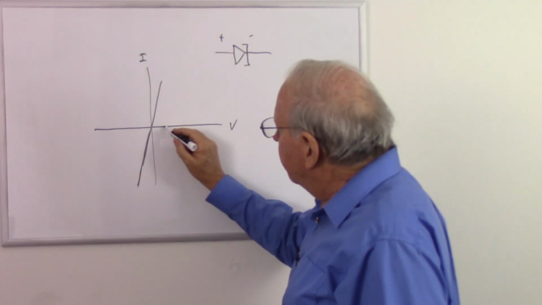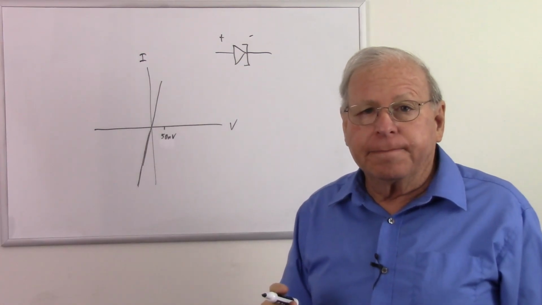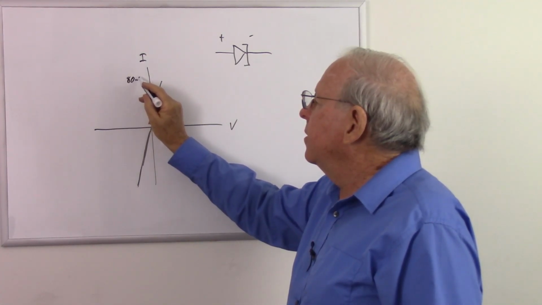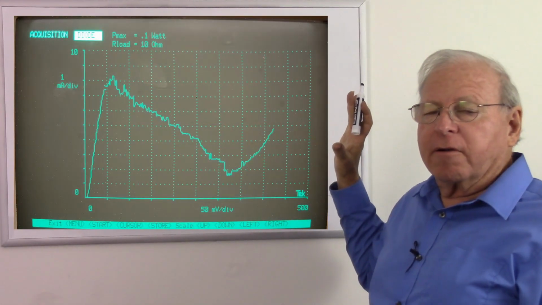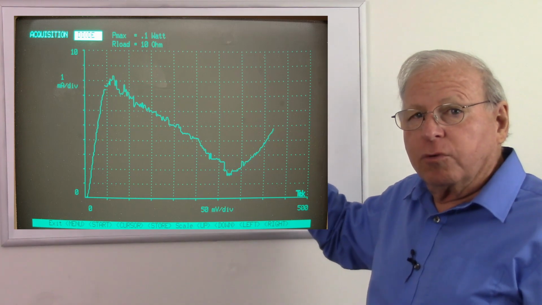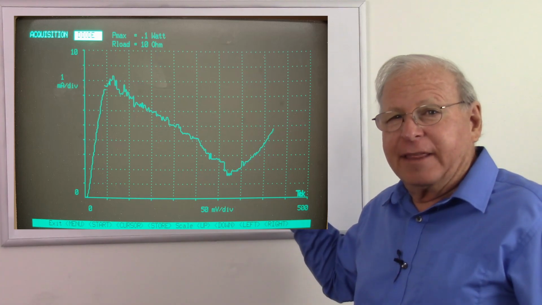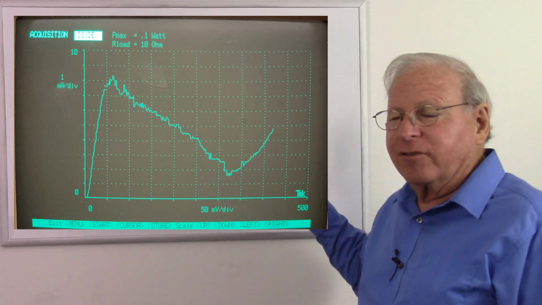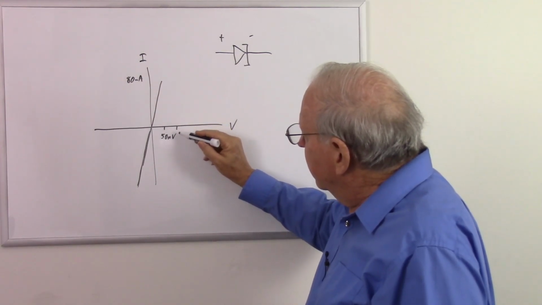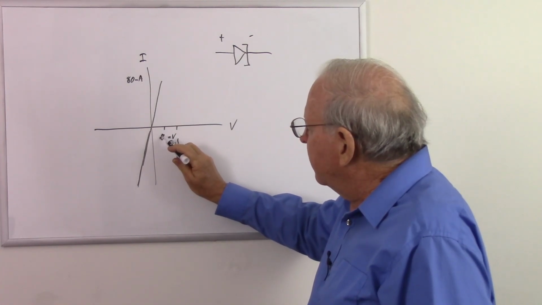However, when we get up to approximately 50 millivolts, depending on the particular diode, we're going to reach probably around 80 milliamps. And I'm looking at this particular graph. This is a real-world graph on a modified oscilloscope to show the actual curve of a particular tunnel diode. I don't know which one because I can't find that, but this particular tunnel diode acts this way. So back to here, at about 80 milliamps, as I increase my voltage, so let's go to 0.1 volts, there's 0.05 volts,